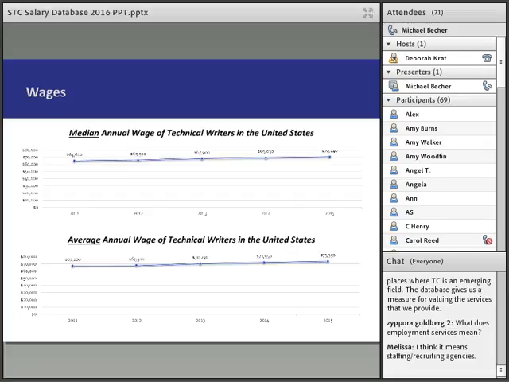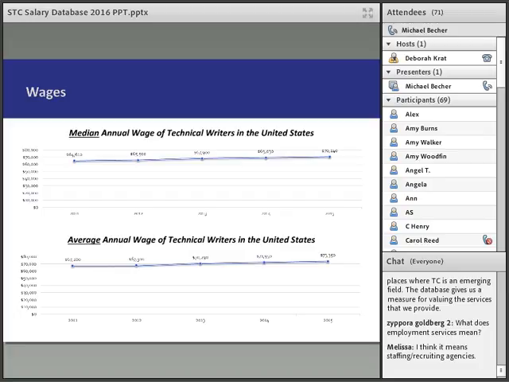The averages are generally a little bit higher than the median, just because any sort of really high or really low number kind of skews the data a tiny bit. And here you can see across the board, the average is just slightly higher than the median, which goes from $67,280 in 2011 to $73,350 in 2015. Now, each of these represents approximately a 2.5% increase versus the prior years.